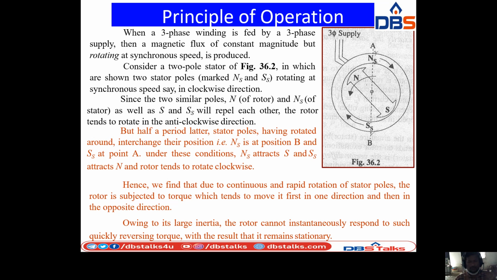That means, in the first half cycle, N and Ns, S and Ss are repelled by each other. After one instant, Ns faces S and Ss faces N, so both are attracting each other. In the earlier case, with Ns facing N and Ss facing S, the rotor tends to rotate in one direction. Now in this situation, Ns with S and Ss with N attract each other for one instant. That means it is the zero position.